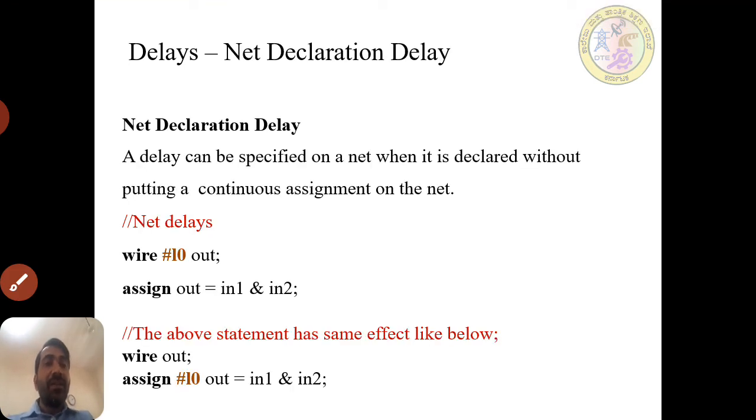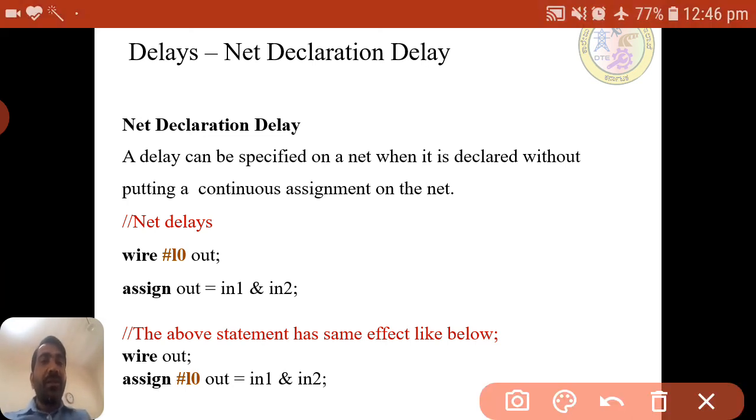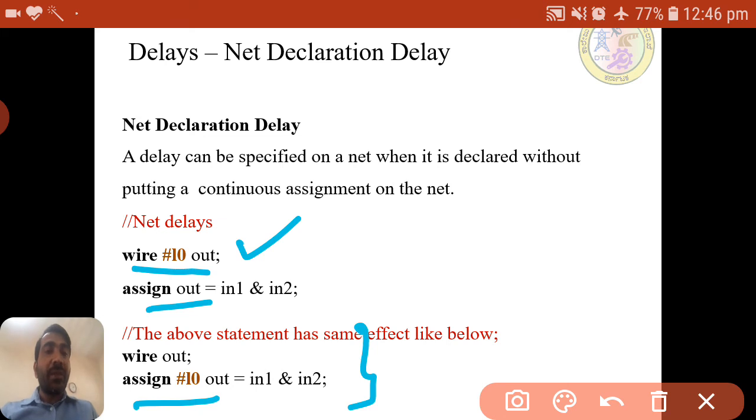Net declaration, as I said earlier. This is the normal thing: wire out, and assign #10 out. But in the implicit net declaration, the delay is given in the declaration itself, not in the statement.